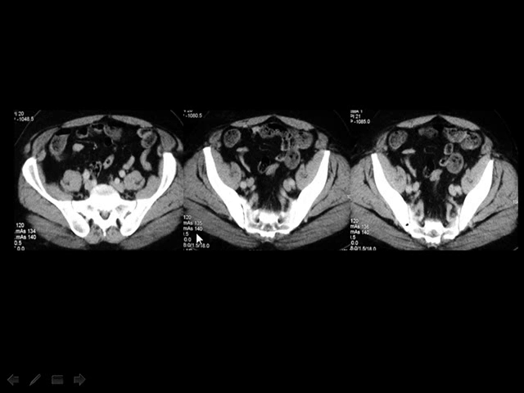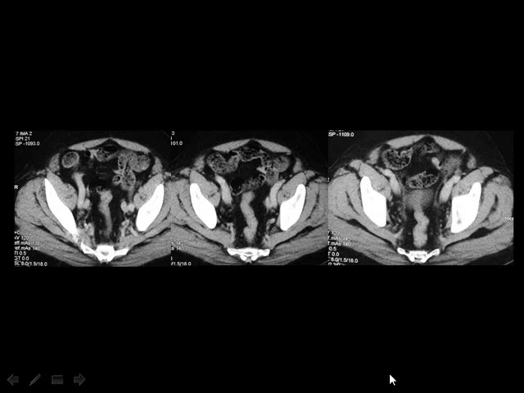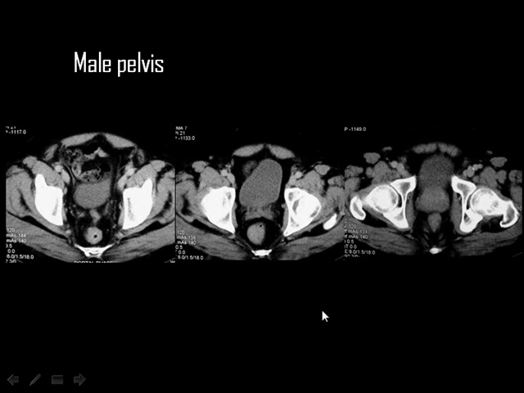Then going down into the abdomen, you see the iliac vessels on the left side and the iliac vessels on the right side, and this is the psoas muscle, which will attach with the iliacus muscle to form the iliopsoas muscle later on, and these are the gluteal muscles. Going down, you still see the bowel loops and the vessels, no structures up till now, and lower down you see